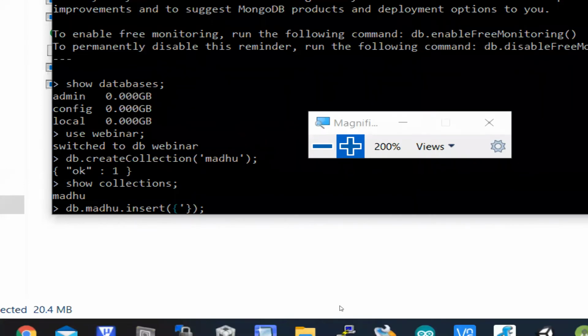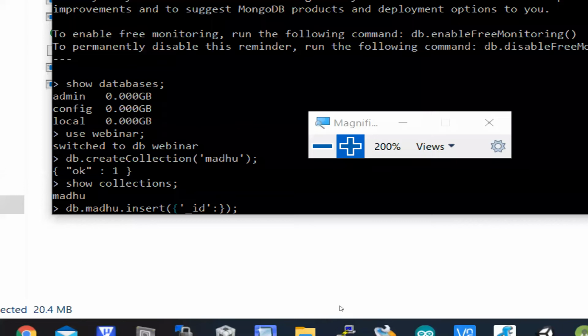The most important point while inserting documents is that every document in the MongoDB server has a unique primary key, and that primary key is underscore id. Underscore id is a unique primary key that exists in every document, so it should always be unique.